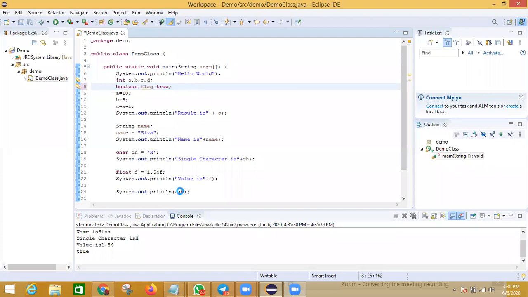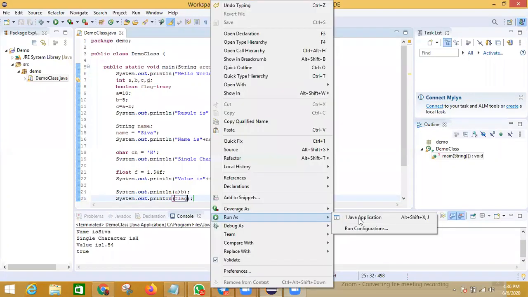First let me print this flag variable. If I print only flag, it will just print true.